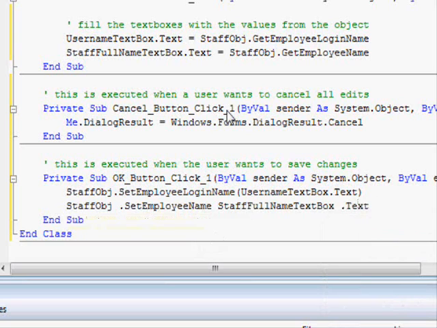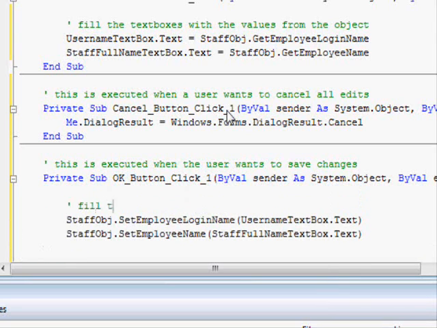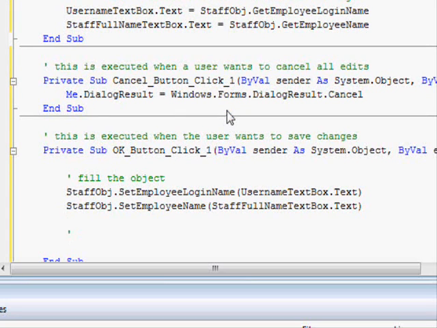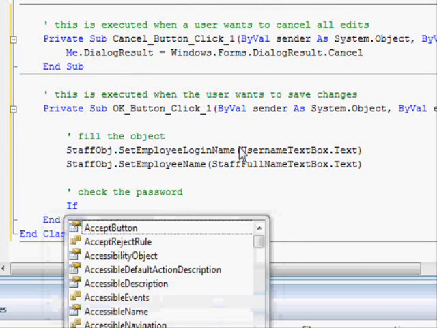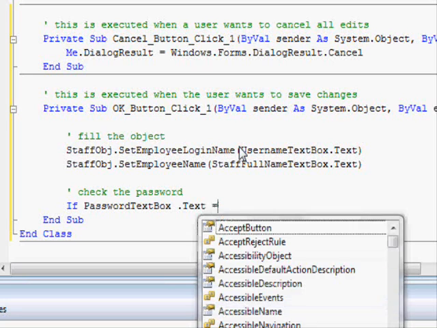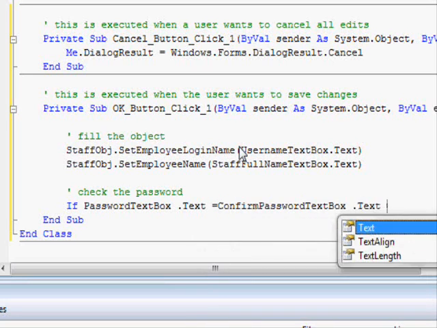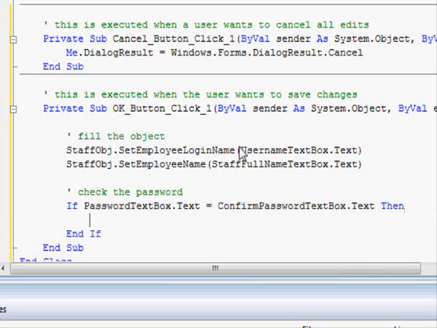Staff full name dot text. Okay, so here we fill the object. Next, check the password. So here, if password text box dot text equals confirm password text box dot text, then